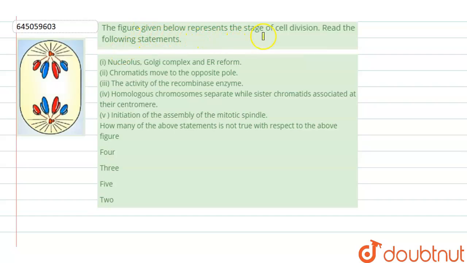Hello everyone, let's solve the question. The figure given below represents the stage of cell division. Read the following statements. Now, we have two types of divisions, right? One is mitosis, where two daughter cells are formed